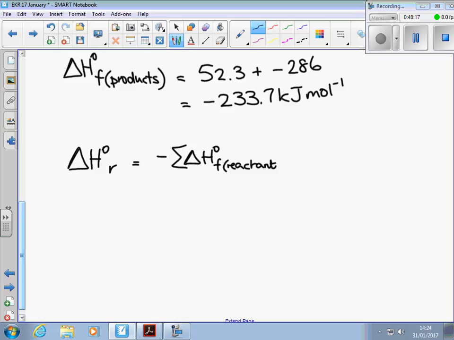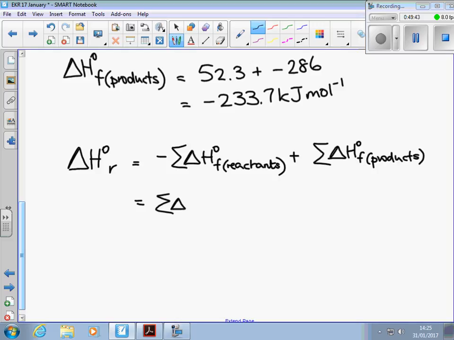So that's going down on the left-hand side, and then we would add on to that the sum of all the enthalpy change of formation for the products. All right. So if we were going to, you know, show it as an expression, you might see it like that. Of course, it's easier to turn that round and put the minus on the other side, isn't it,